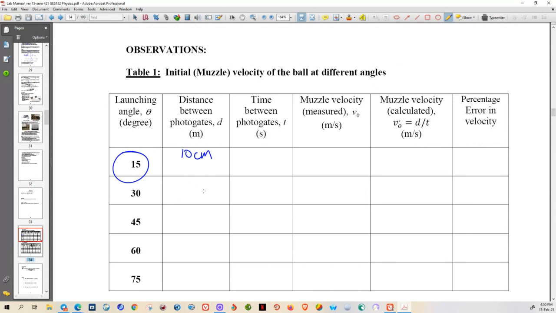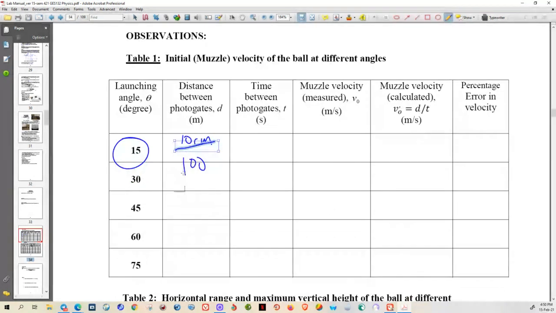Can anyone tell me how much this is in meters? 0.1. How did you get that? So that the others will understand. You divide by 100. Okay, that is correct. Divided by 100, so it's actually 0.10 meters. The time between the two photo gates will be given by the software,